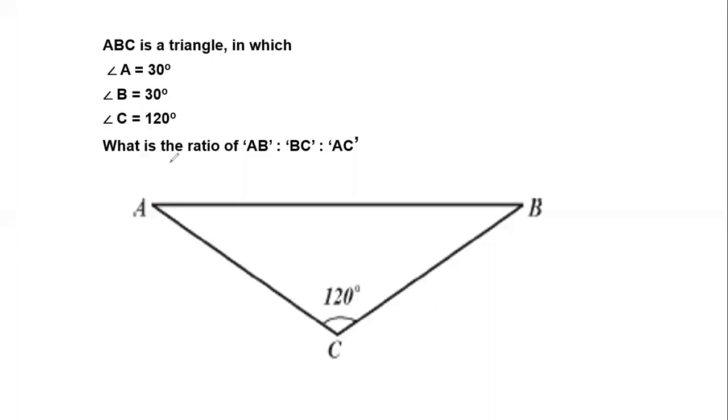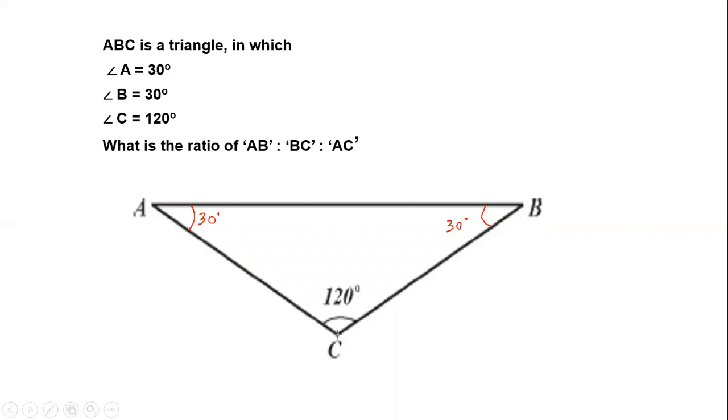In this particular question, they are asking the ratio of AB is to BC is to AC. And they have already mentioned the angle, that this angle is 30 degrees. And angle B is also 30 degrees. And angle C, which is already drawn, that's 120 degrees. I need the ratio of the sides. Now you should get a click. Whenever you see a 30 or a 60 or a 45, try to convert it into a special triangle. Now how will you do that?